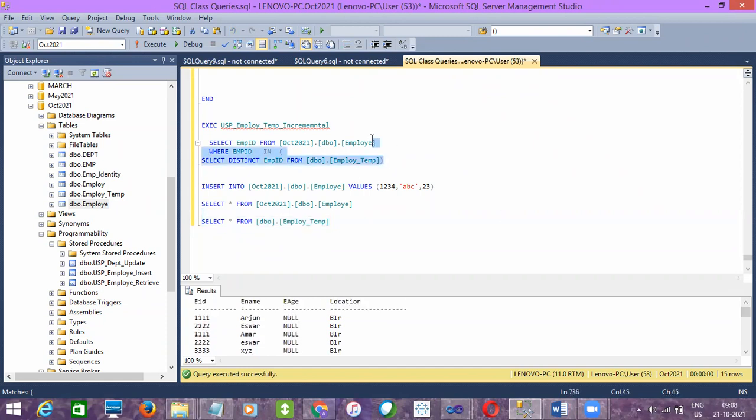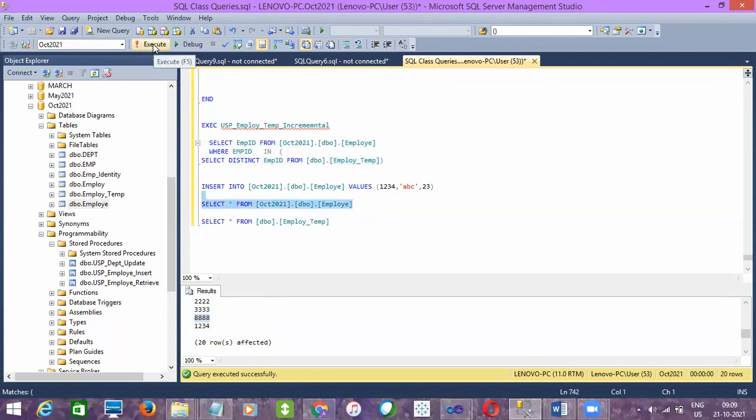But how come the in is retrieving? Guys, are you understanding it? See, if I use the in operator, I'm selecting only employee IDs which are there in the destination. See, 8888 and 1234 are also coming. Are you observing it? But these two records are not there in the destination. Strange. Or maybe the query itself is not working.